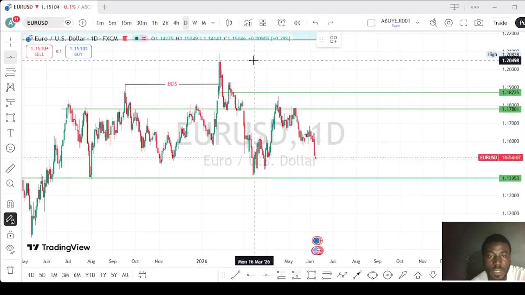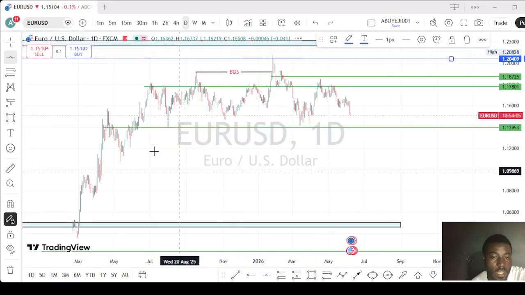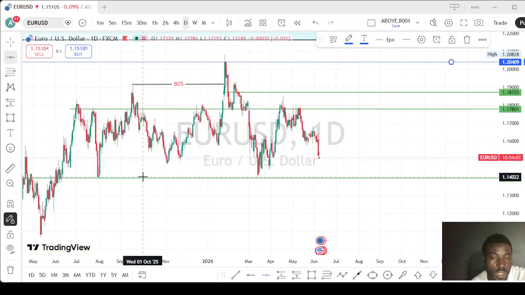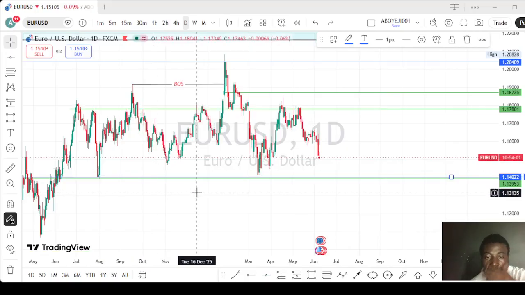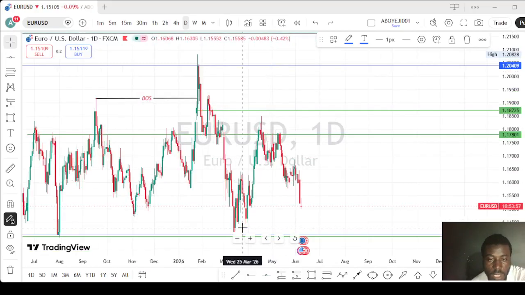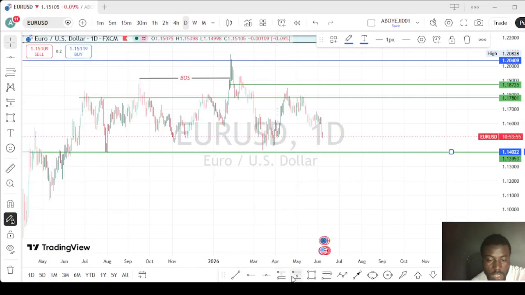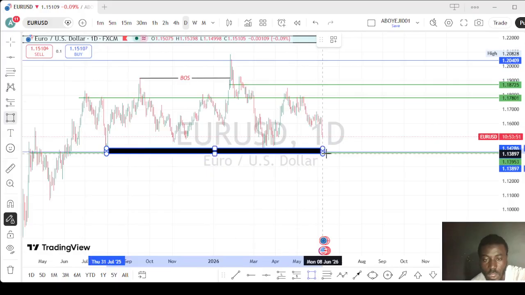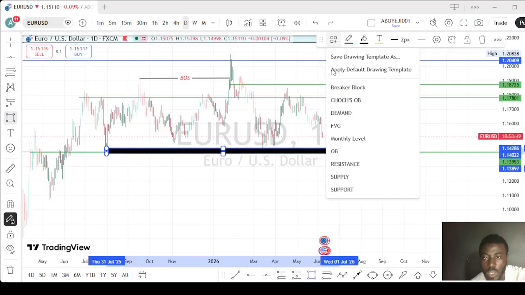On the daily time frame, this is our swing high, and this is our swing low here. And the market has shown this liquidity already. Seriously, the market has given us liquidity. The market has mitigated this demand over here. Well, let's see if this demand is going to push it. You can see the market, this has turned to a key level for us. This has turned to what? Support for us.